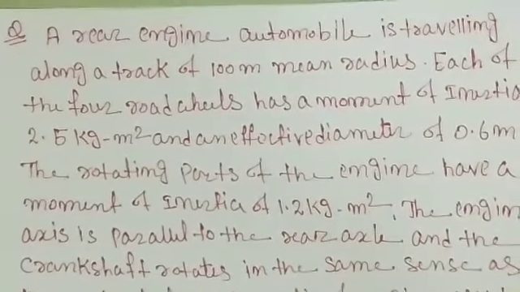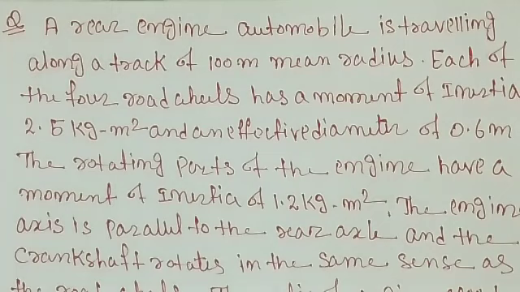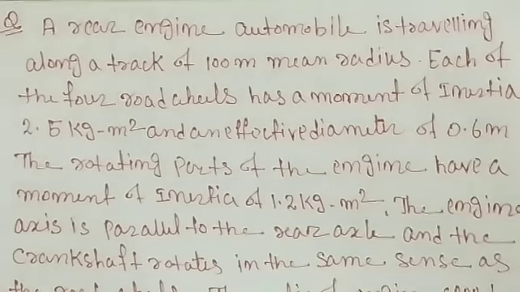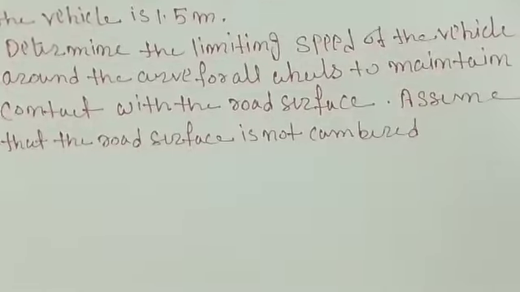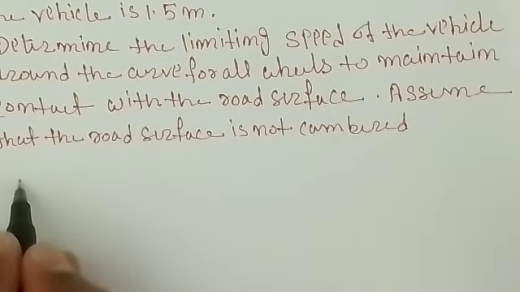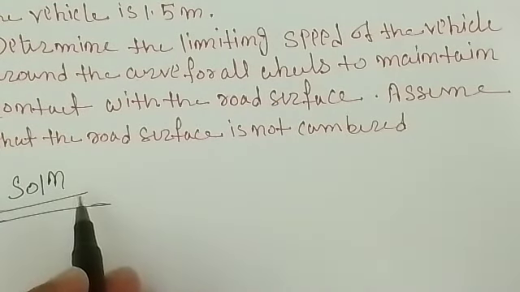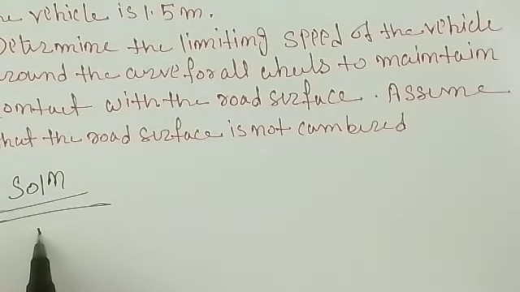Basically, first of all, for the limiting speed of a vehicle, before that we will find out the reaction due to the gyroscopic couple and due to the overturning couple. So first we'll write down the given data. You can write the question and then write down the given data. So our solution: a rear engine automobile is traveling along a curved path,